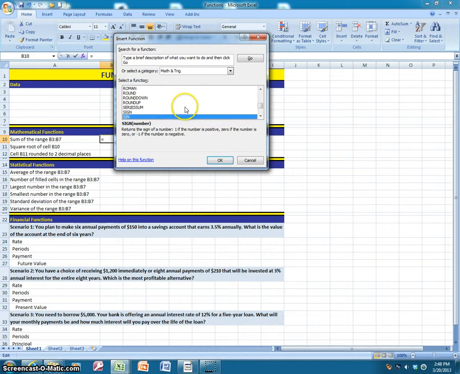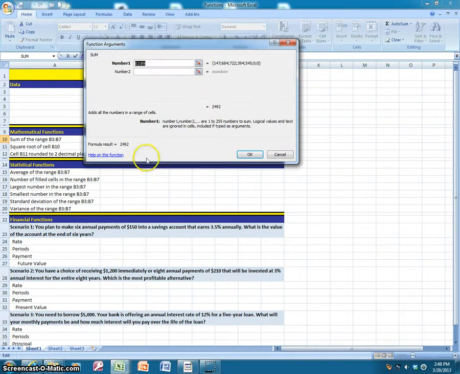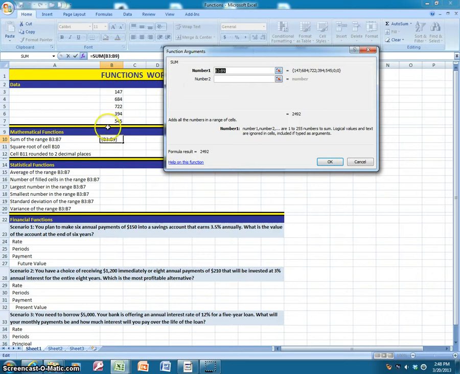It doesn't show up yet, so I keep pressing the letter S, and that'll continue down the list until I get to SUM. And now it's going to automatically select a range of cells for you that it thinks you want to add. Well, this isn't correct because it's including cells 8 and 9, which don't have any data in them. So I could manually change this by saying, okay, I want to add B3 through B7,